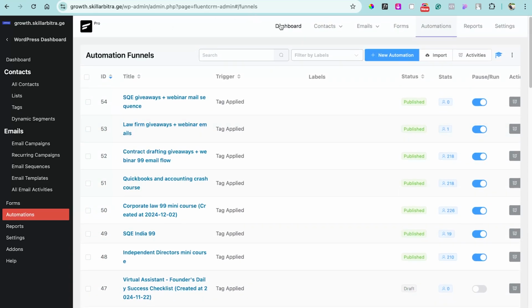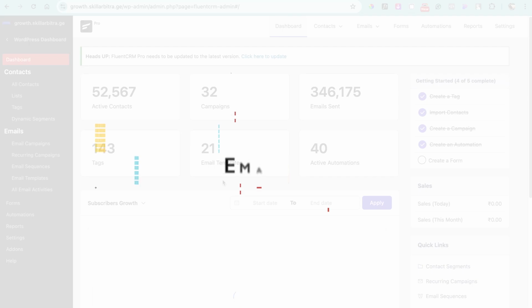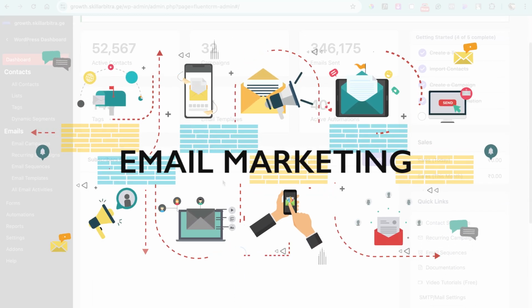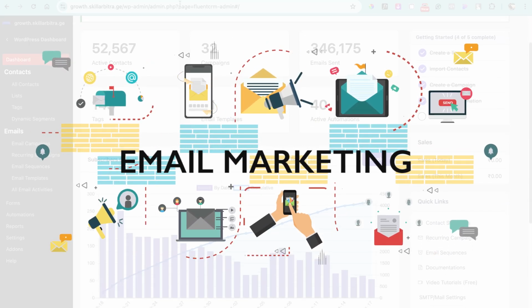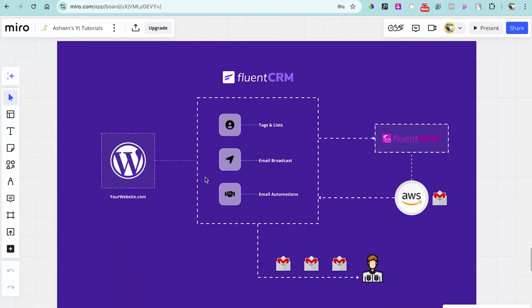And let me just tell you this, the cost of email marketing that I've been paying for the last 2 years has actually spoiled me. Now I'll never go back to all these expensive email marketing tools like Aweber, GetResponse or whatever the name is. I'll never go back because the power of email marketing, I get it at a fraction of that cost and I can set it up all inside of my WordPress website. I have my funnels on my WordPress, I have my email automations on my WordPress website,